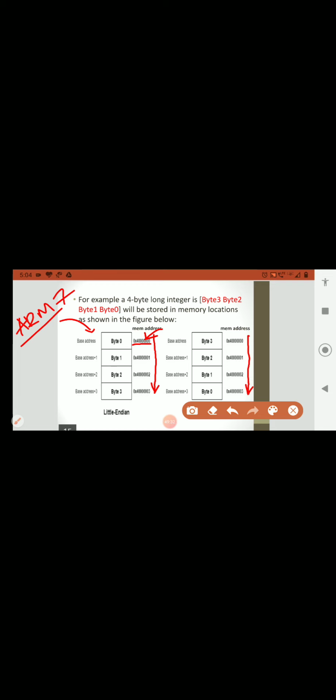These correspond to the memory addresses, and you can see them on both sides. What I have mentioned here is that each memory location can store 8 bits of data.